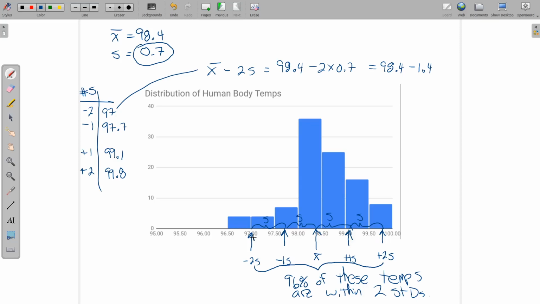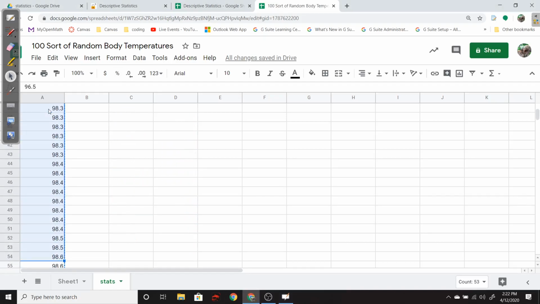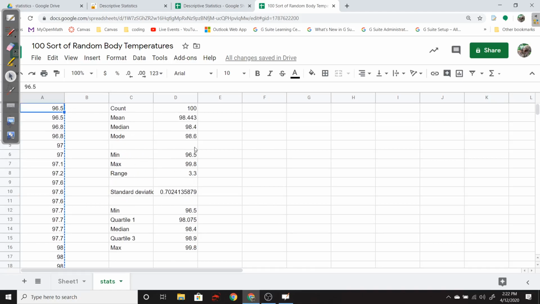So what we're trying to do is take data, and 100 numbers is not a lot, but I cannot look at this list of numbers and make sense of it for you. I can say, hey, it looks like there's a lot of 98.4s. And so these summary statistics are used to try and describe the data set, maybe compare it to another data set, and maybe compare it to the population. So for example, what I can say is if this was a good random sample, which we'll talk about soon,